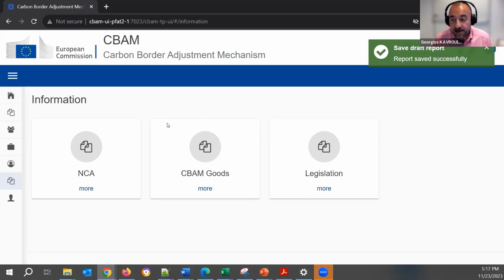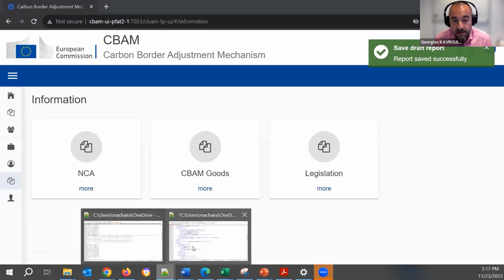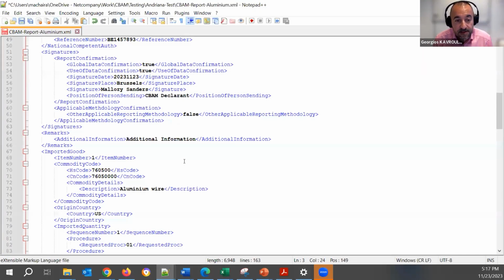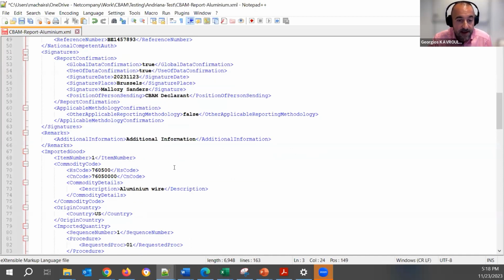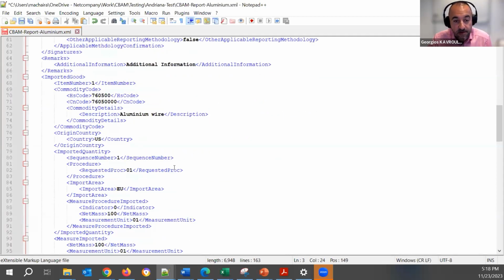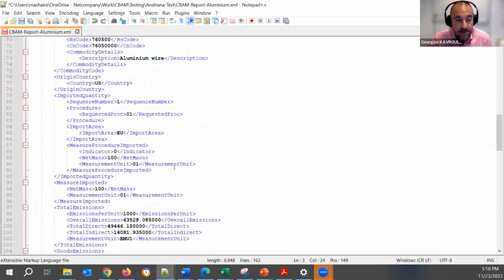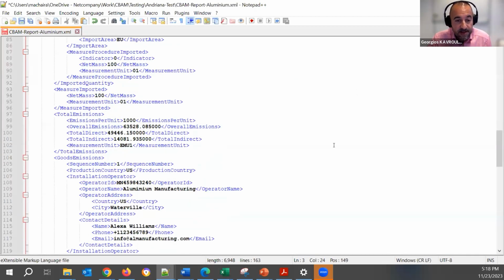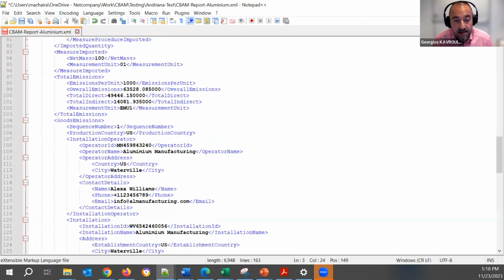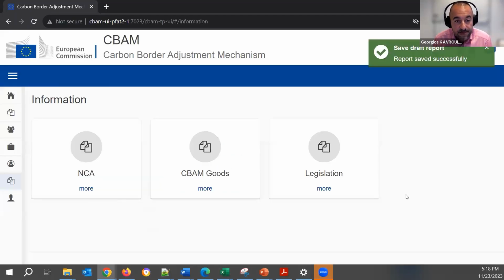And about the XML, Andriana explained the values for the data elements in the XML. Some values there are like a predefined list, a drop-down list in the user interface. We're going to publish the declarant user manual that explains also which elements are mandatory and optional. Please consult this manual because many questions can be answered by looking at it. We will also publish an XML file with all the lists of data that need to be added in the XML.